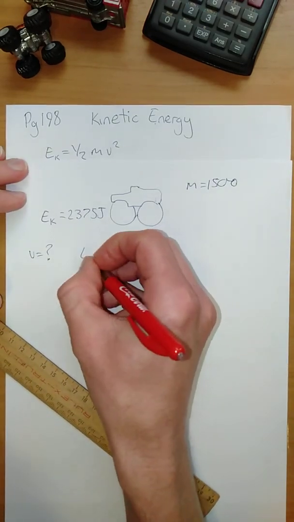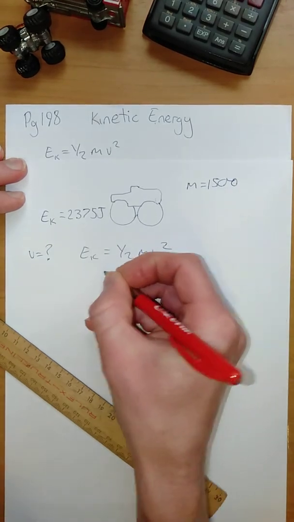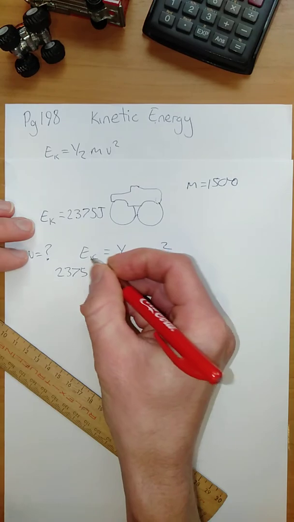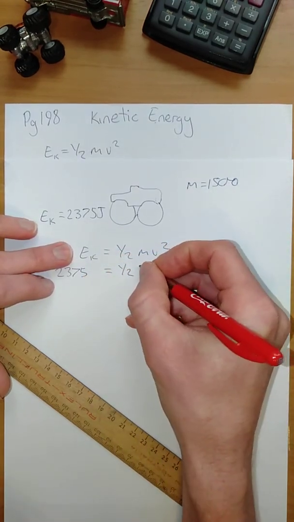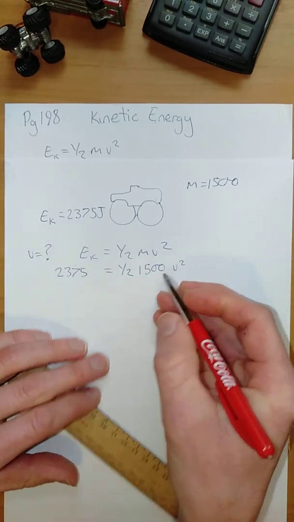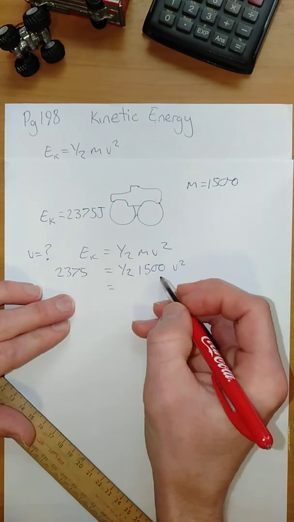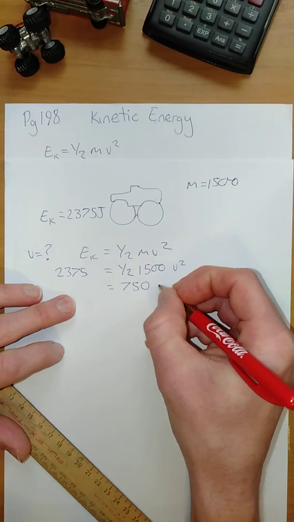So we go to our formula. EK equals half mv squared. We put in our substitution. 2375 goes in as energy. Mass is going to be 1,500 and it gets v squared. Our job now is we'll just simplify before we try and rearrange. So what's half of 1500? So that's going to be 750 v squared,